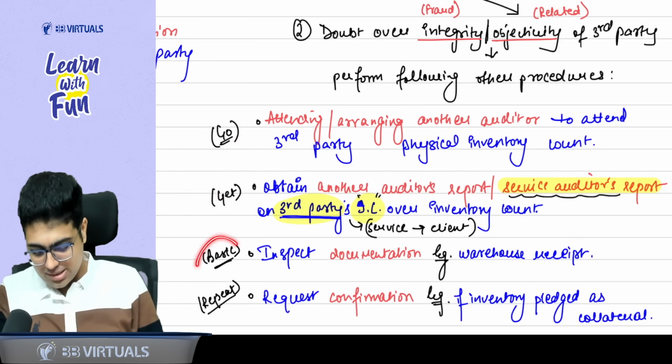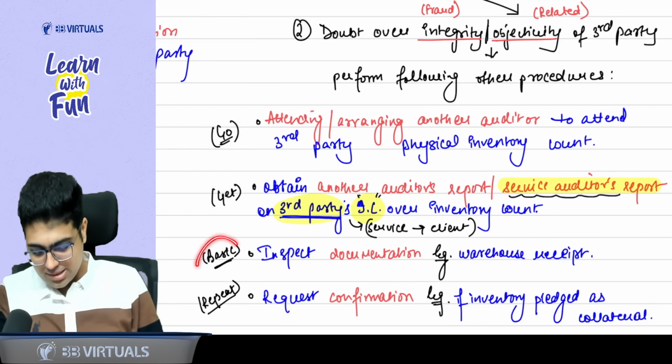So let's read the matter. On going through the financial statements and records of TS Limited, during the statutory audit, CA Tanmay finds substantial inventory of mast lighting poles remain with Super Industries. So who is the client? TS Limited. The inventory is with a third party, that is Super Industries, for some finishing works. While planning the audit, he has planned that he will take a confirmation from the third party about the existence and condition of the inventory as on 31st March 25.